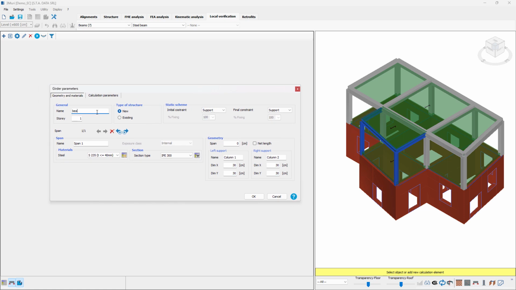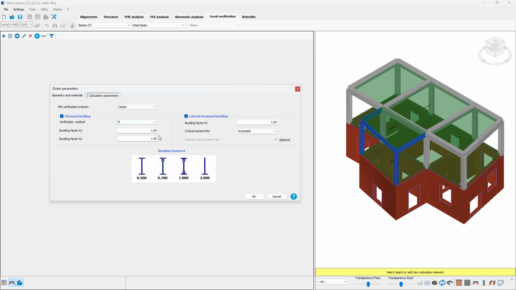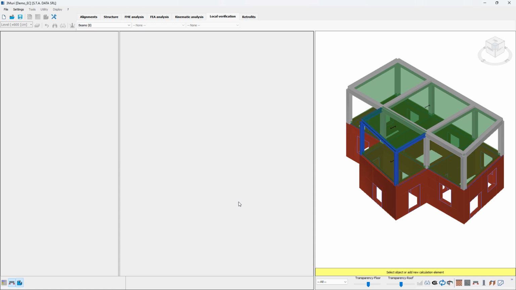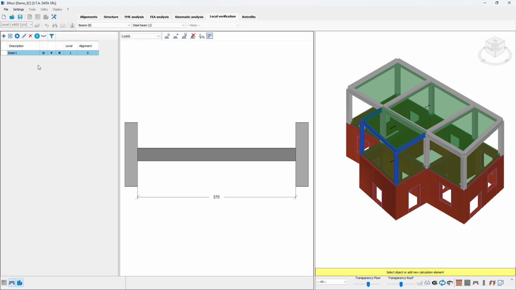I'm going to call it beam 1 and set all the parameters. In this case, I'm just going to go ahead and set the length of the span. I'm going to just leave all the parameters as they are, and the calculation parameters, I'm going to just leave them as they are. Once I click OK, the element is created,